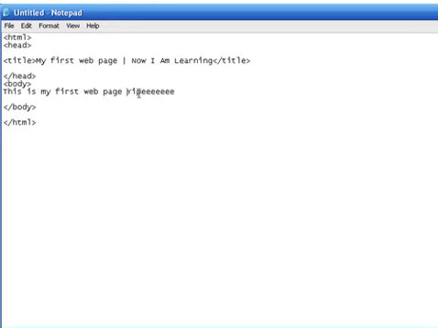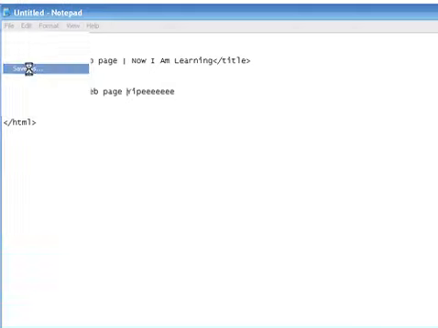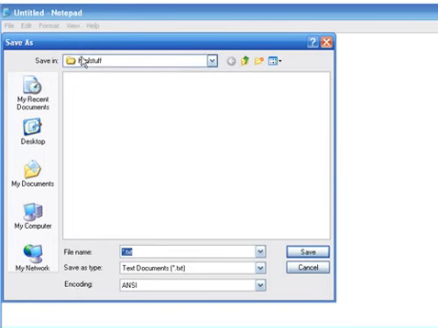Okay, so anyway, now that we've got our basic web page made, our basic 4 tags: HTML, head, title, body, and of course the yang of those yings, the closing tags: closing HTML tag, closing body tag, closing head tag, and closing title tag. Now we've got to really make this a web page by saving it as an HTML document, because right now it's a text document because we're using a text editor. So go up here to File, go to Save As, figure out where we want to save it to. This is the name of the folder that I've got on my desktop that we're going to save all of our stuff to. And